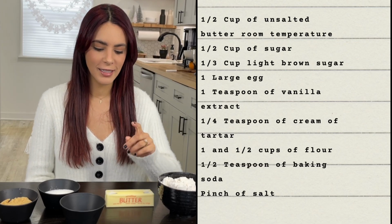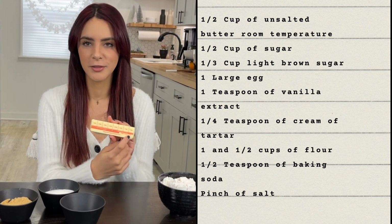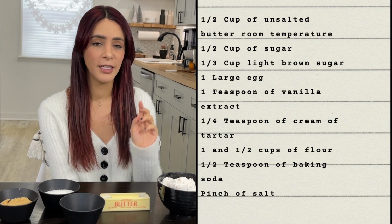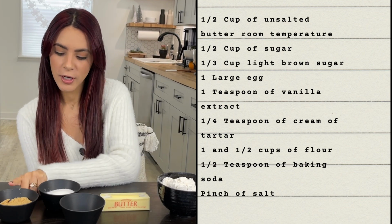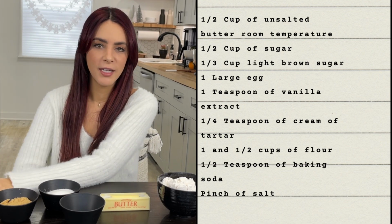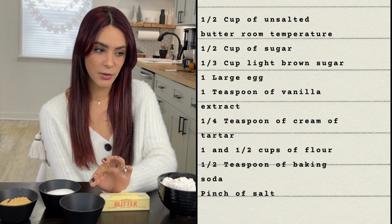So what you're going to need is half a cup of unsalted butter. It's really easy to tell because there are little markings on the side that tell you a whole stick is half a cup. So half a cup of unsalted butter at room temperature. You're also going to need half a cup of granulated sugar, and then 1/3 cup of brown sugar, a pinch of salt if you want it, 1 egg, 1 teaspoon of vanilla extract, and 1.5 cups of all-purpose flour, a half a teaspoon of baking soda,